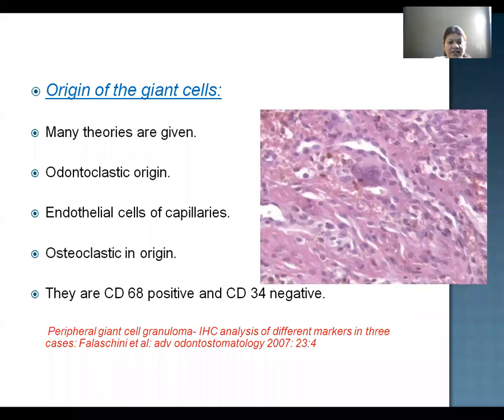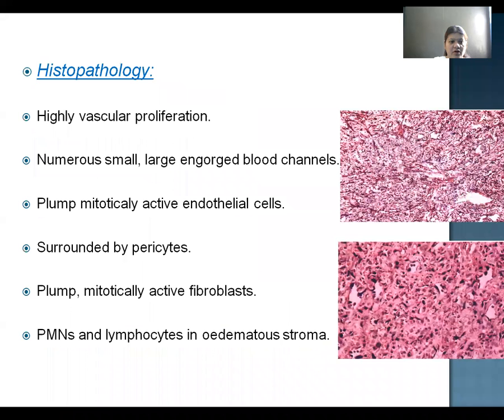Origin of the giant cells. Many theories are given. First is the odontoblastic theory, the second one is that the endothelial cells of capillaries are the origin, or osteoclastic is the origin. So giant cells can be derived from